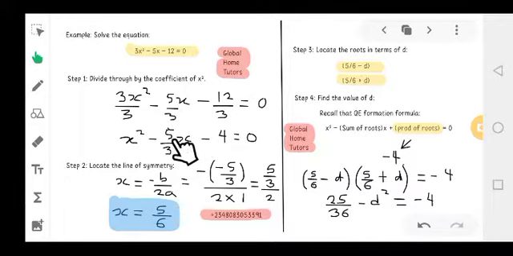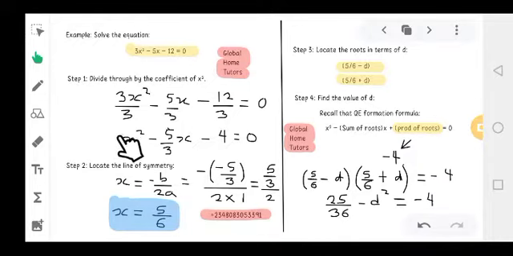x squared minus 5 over 3x minus 4 equals to 0. Now, we locate the line of symmetry using that formula I laid emphasis on the other time, x equals minus b over 2a. If we are used to the quadratic equation, we will know that